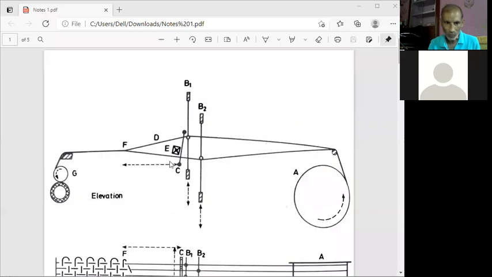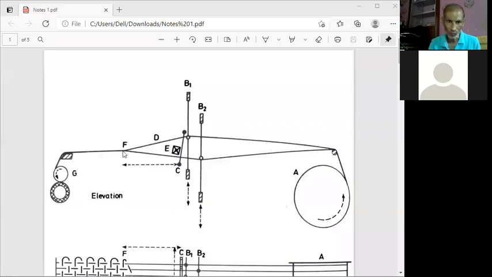And when the reed comes for forward movement, which is indicated by the dotted line up to this point, indicated by F and known as the fall of the cloth. And D is indicating the weaving area, where the weaving is taking place. F is the fall of the cloth, which is an imaginary point where actual fabric formation starts. Up to this point, the reed is moving forward and beating up the last pick and making the last pick part of the fabric. So from here, fabric formation starts.